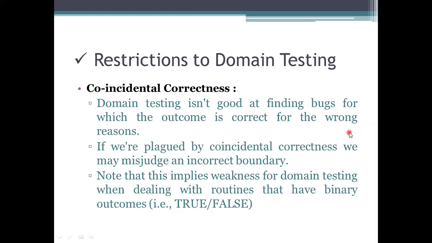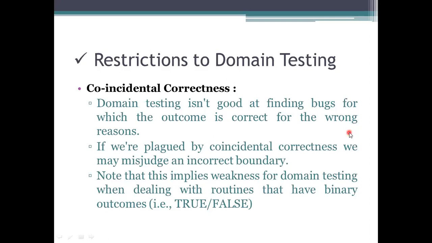Why so? For example, the first one is coincidental correctness. As we know, coincidental correctness means achieving the desired result for the wrong reason. We have seen an example where we get the same answer in each and every case. The problem arises when the design or task is the correct one, but sometimes when we take the input value as one, it leads to the same output value whatever case you choose.